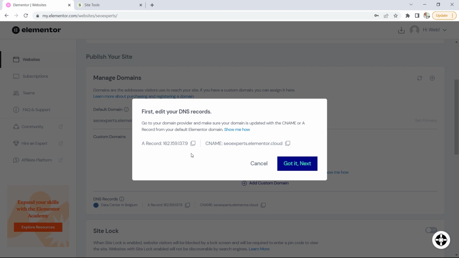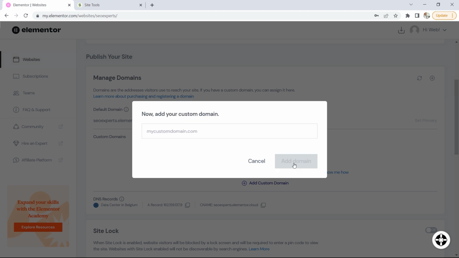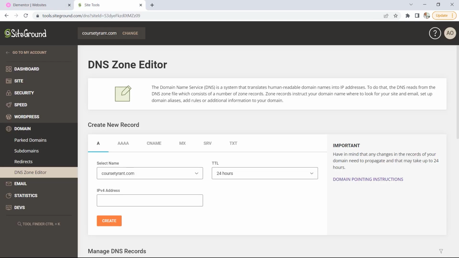Now you will have these two information that you need. Your A record, which is basically the IP address of Elementor's web server, and then the canonical name seoexpress.elementor.cloud. All right, I'm going to click on got it next. So let me use this as an example, right? I'm over here on my hosting platform,